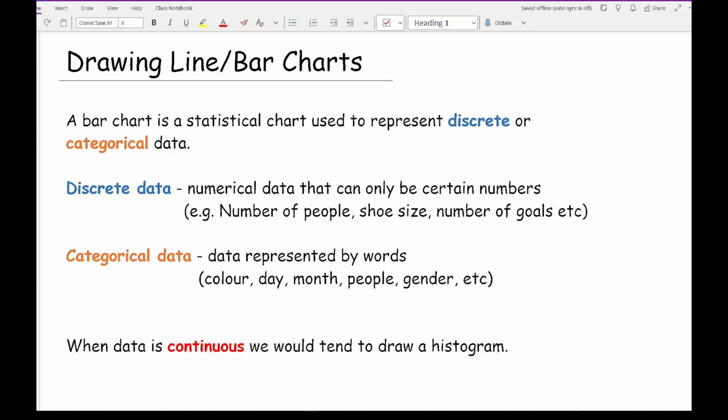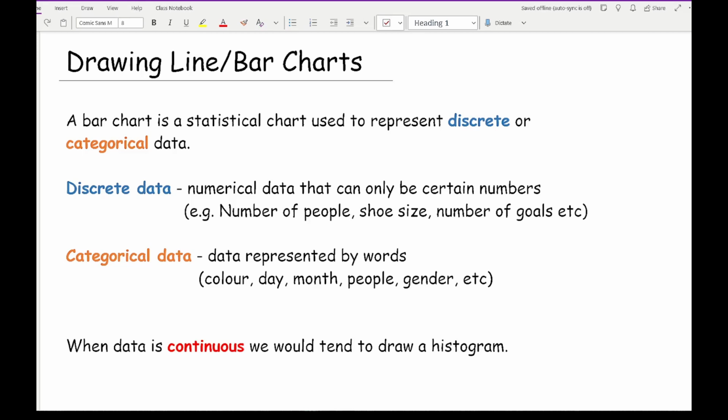Now, you may be asking, what is discrete and what is categorical data? Well, discrete data is basically numerical data that can only be certain numbers. So in other words, it's numbers that can only be particular numbers. Now, it's not a case of just looking at whole numbers. They can be decimal numbers, but they can only be certain decimal numbers. So an example of discrete data is going to be number of people, shoe size. So with shoe size, you can get half sizes, but you can't get size 8.3, and also number of goals,